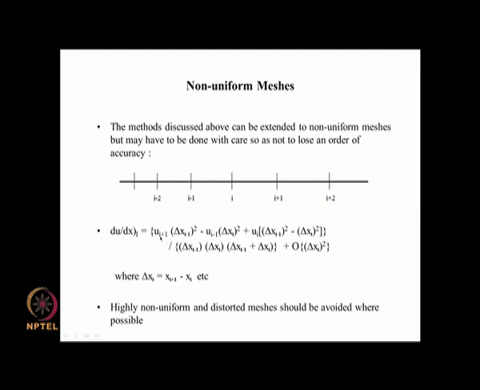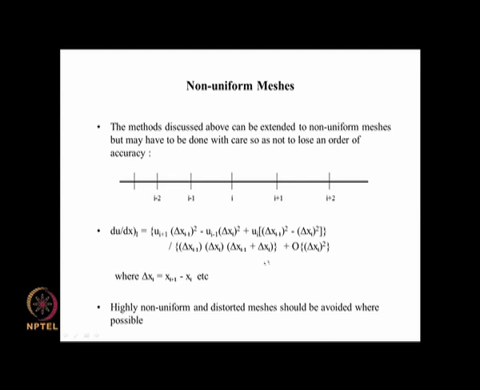But in this particular case, it is ui plus 1 times delta x i minus 1 whole square minus ui minus 1 times delta x i whole square. You can see that we had to multiply the expansion of this with delta x i minus 1 and multiply this by delta x i and then do further manipulations. That is how this is coming here, plus ui times delta x i minus 1 minus delta x i whole square, divided by delta x i minus 1 times delta xi plus 1 plus delta xi.